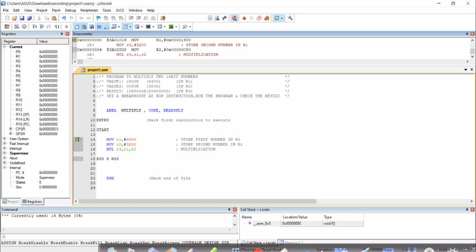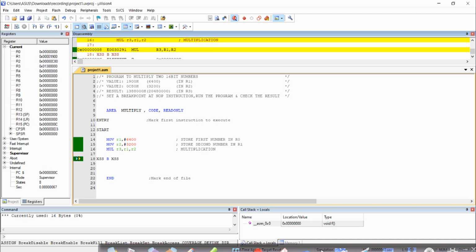I'll be using step-by-step execution, for which I should press my F11 option. There are various modes of options available here. I'll be explaining in a subsequent video how to use, how to execute, and how to trace each and every program. So I'll press F11. I'll just press till the end of the program. As you can see, this program stores your final result in R3. My result is this, which should appear in my register R3 in this particular window. So your R3 register has your final answer.